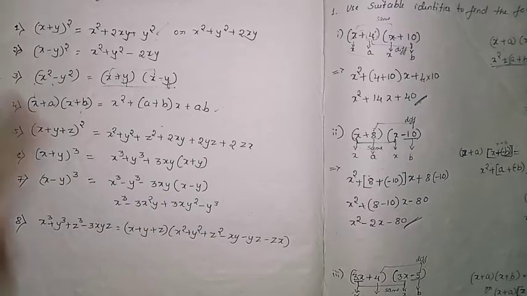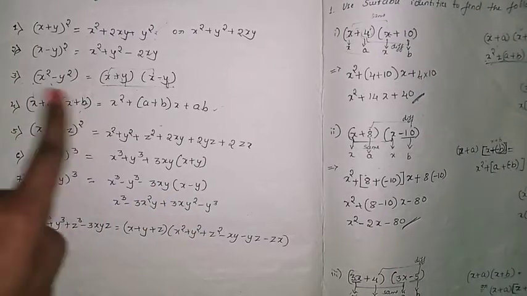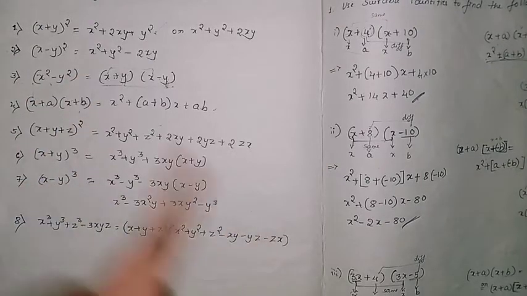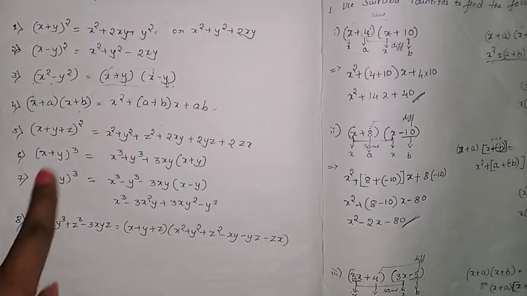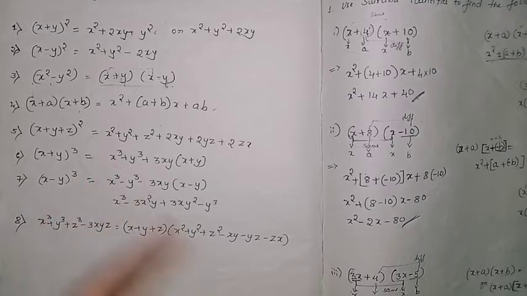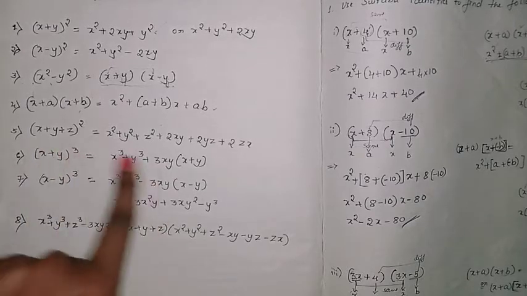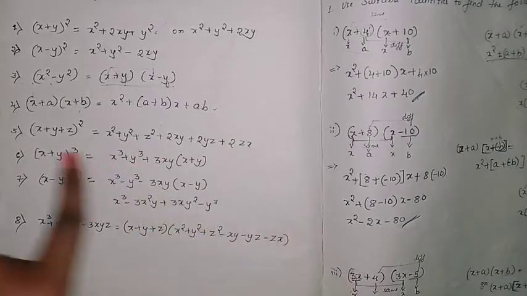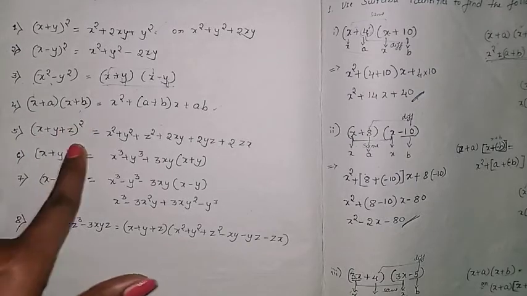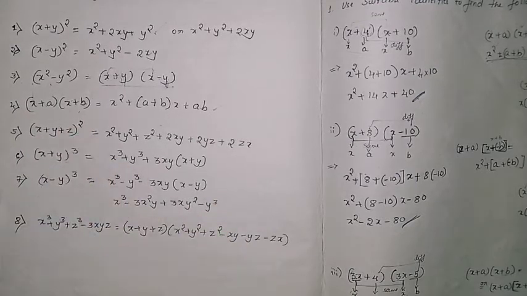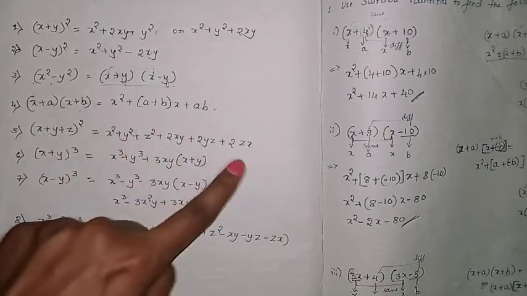As you observed in the question, there are two terms, one x square and another one the y square term. So you can think the square terms, whichever are there, that is your formula. This is cube, so not required. This is also cube. Here square is there but three terms are there. We have only two terms, so it is also cancelled. Then you have to check here also.